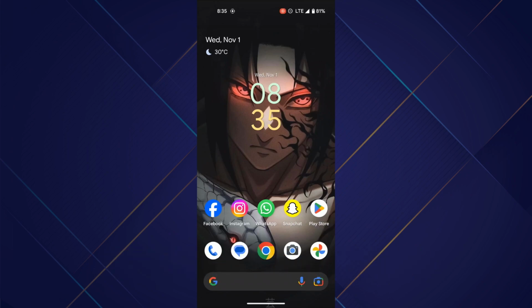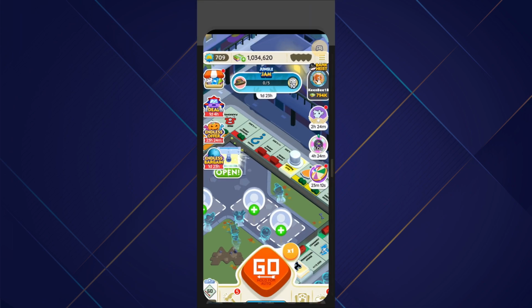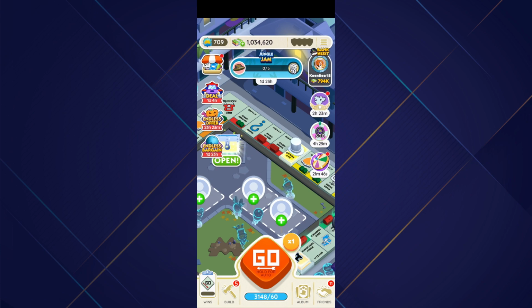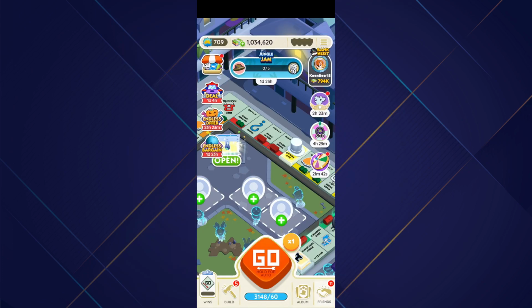Now first of all, open up your Monopoly Go application on your mobile device and make sure your account is logged in. After that, you will be redirected to the home page of the app where basically the actual game is played. Now select the Friends tab from the bottom tray of icons, and after that you can see that